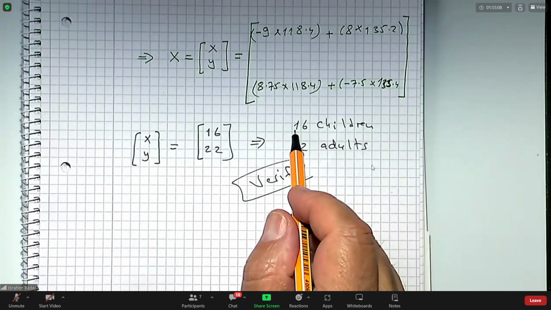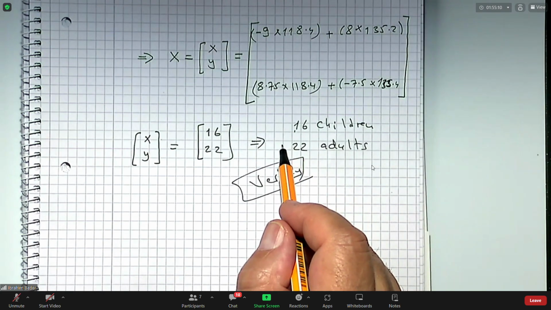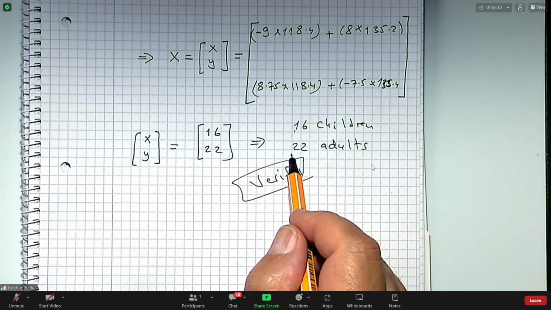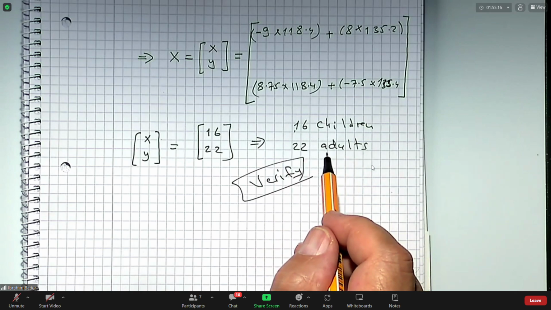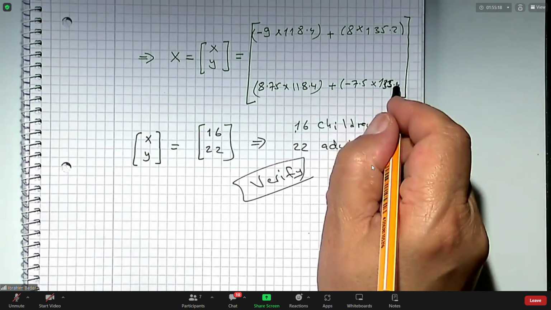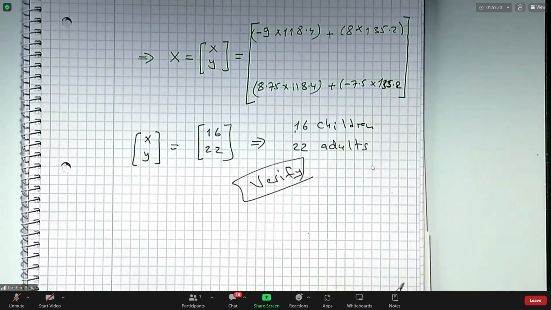Multiply 16 with 3.5, add it to multiplying 22 with 3.6 and see whether you will be getting 135.2 here, of course. Okay, so this is how we solve problems using the inverse of a matrix. Any question regarding this